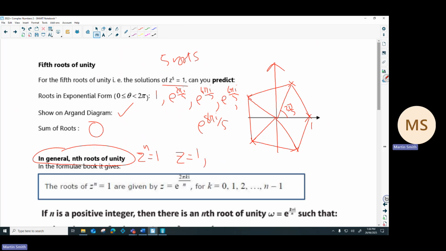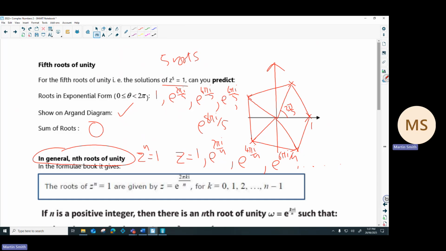The second solution is going to have modulus 1 and argument 2 pi divided by n, which is e to the 2 pi i over n. Then you double that angle, e to the power of 4 pi i over n. Then you do that angle again, e to the power of 6 pi i over n, and you keep on going